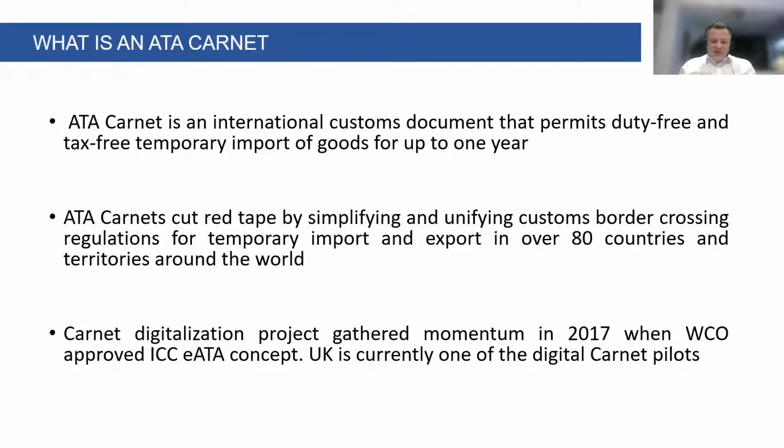In terms of Carnet digitalization, the project started in 2007. However, the real momentum gathered from 2017 when the World Customs Organization approved the International Chamber of Commerce ATA concept. The UK is currently one of the digital Carnet pilots, and I would like to take this opportunity to invite all